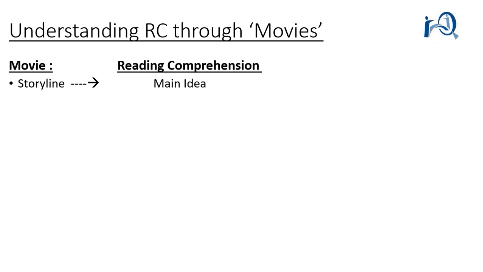Second, the title of the movie should be something that encompasses all the situations that have been shown in the movie. It should capture all the emotions, it should capture the important scenes or situations. Depending on that, the title of the movie is fixed. Similarly, in reading comprehension, the topic should encompass all the ideas that the author showcased, including the main idea.